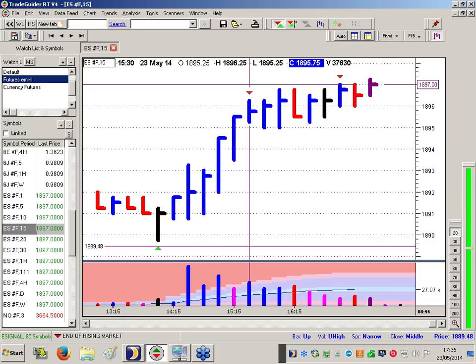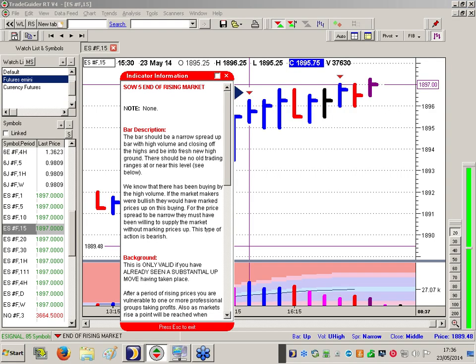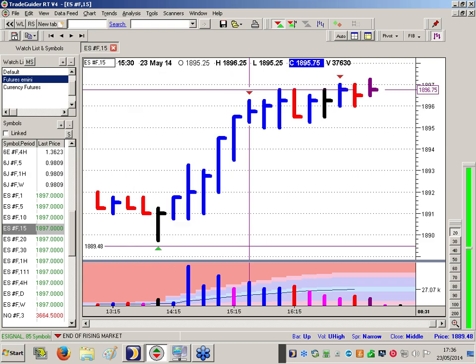There's a red arrow here. It's probably what, no demand, Peter, is it? Right, well, it's not quite right. See, the trouble is, the reason why it's not totally correct is because the volume's not high enough.